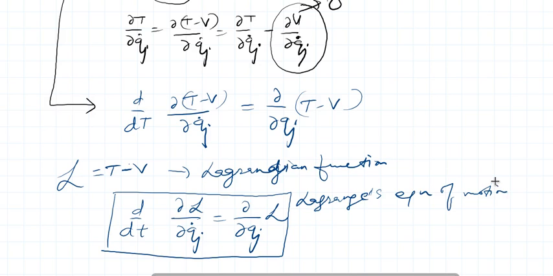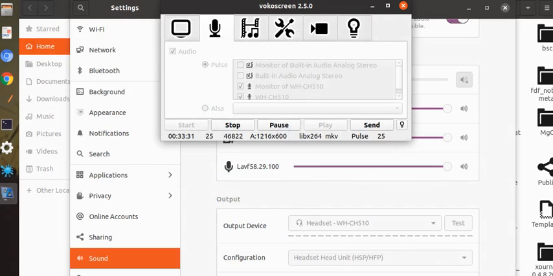So in this lecture we have started with D'Alembert's principle, incorporated the energy terms into it, and finally derived the equation in which we have seen how the Lagrangian changes with time and the generalized coordinates, and this is known as Lagrange's equation of motion. So that's all for today's lecture, and in the next lecture I will talk about a problem of harmonic oscillator using this idea. So thanks for watching this lecture.